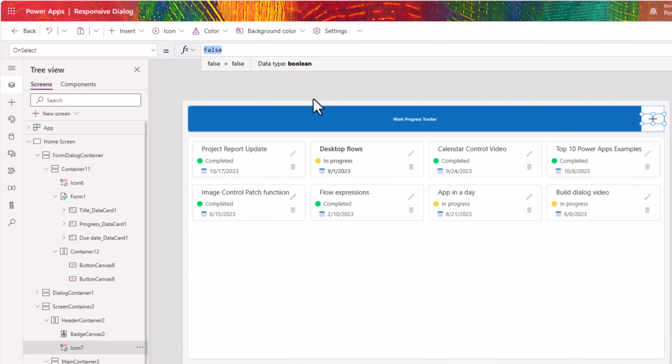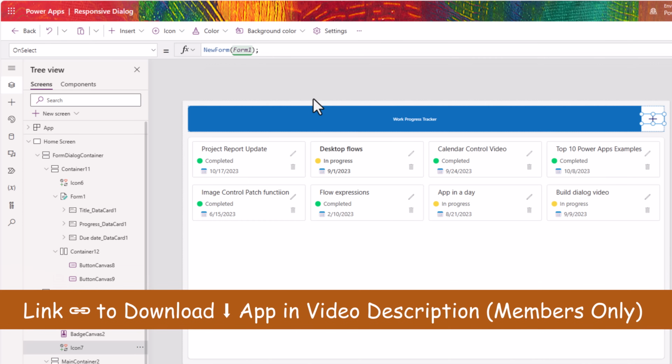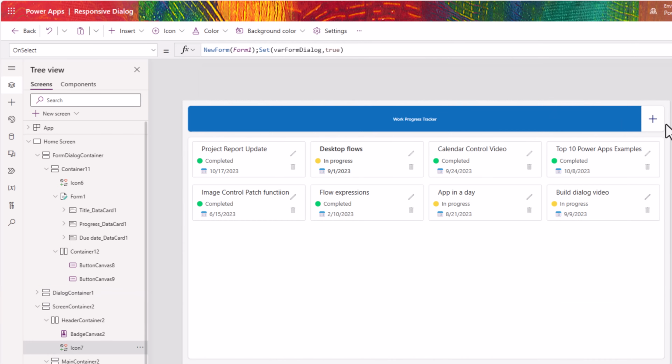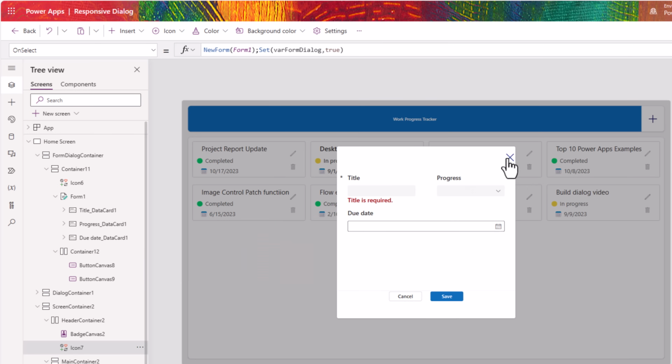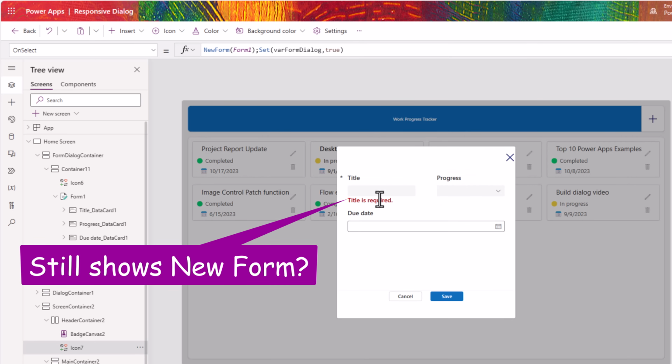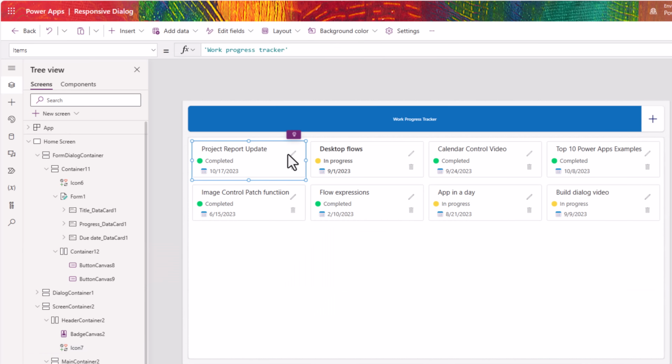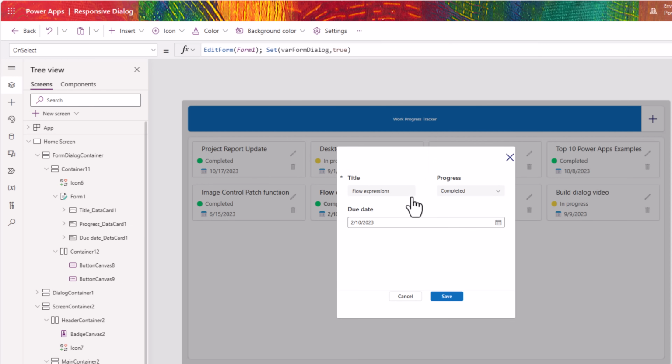In that, the form control is an edit form control, but I want to change the mode of the form to new. So I'll use the function new form to change the mode of the form, and then I would like to launch that dialog control. So when I click on this plus icon, you can see it opens a new form experience. All validations are supported. But if I click on edit, it's still showing the new form. When I am clicking on this edit icon, just before opening the dialog, all I have to do is set the mode of the form here to edit. So now, if I click on edit,